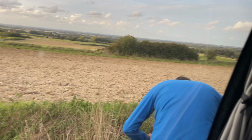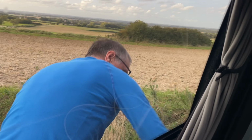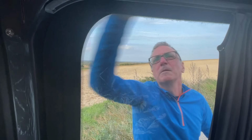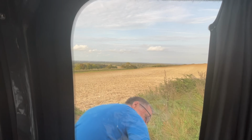Not sure why Stu's doing the van, but he is. Well, we're having pizza with salad that we bought, and I can't help thinking that whoever dishes out those portions has a camper van with a fridge. It's absolutely perfect. We've just seen an older gentleman